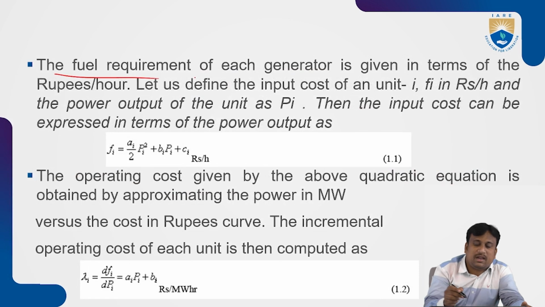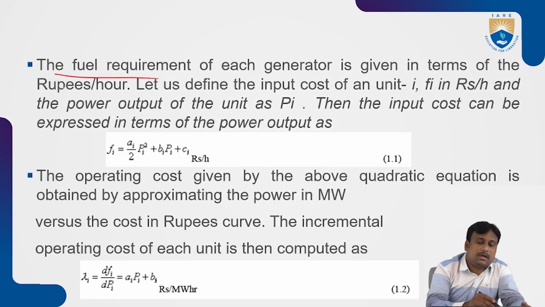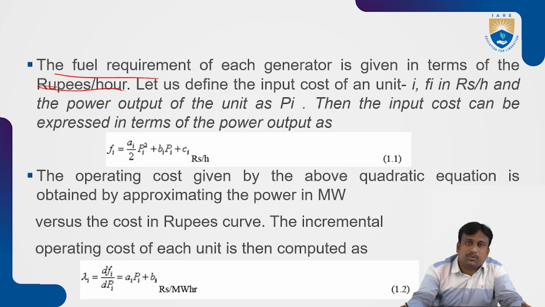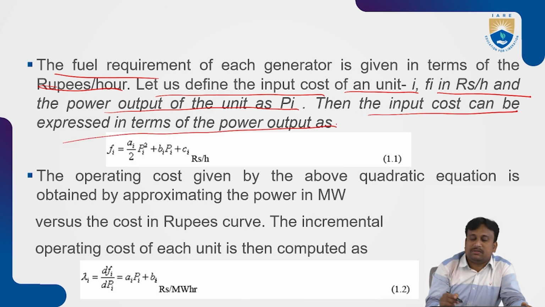So here the fuel requirement of each generator is given in terms of rupees per hour. These are the units which may be considered as the fuel requirement. Now let us define the input cost of a unit i in rupees per hour and the power output of the unit as Pi. Then the input cost can be expressed in terms of the power, that is Fi equals a_i by 2 Pi square plus bi Pi plus ci in rupees per hour,